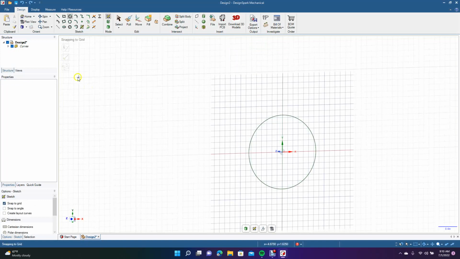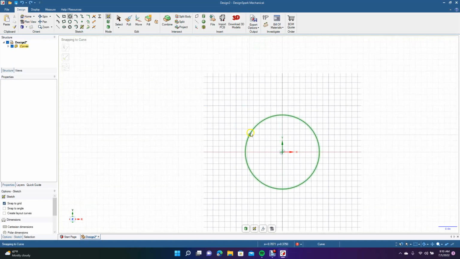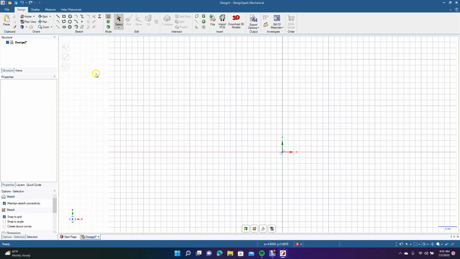Let's get back to here, go to the plan view. Okay, so now we're going to go on to the create rounded corners. Create rounded corners is a great tool, can be used to create rounded corners. Basically, if you have a